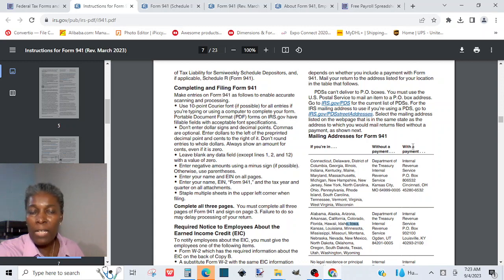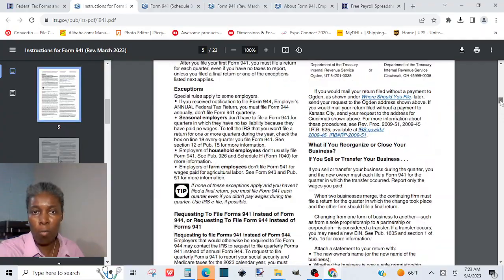And if you are mailing Form 941 with a payment, stay in the third column and look for the section where your business state is located, and that's Iowa in this example. Therefore, you will use the with payment address that corresponds to your state. That's how you'll find it, and it's on page 7 of the instructions for Form 941